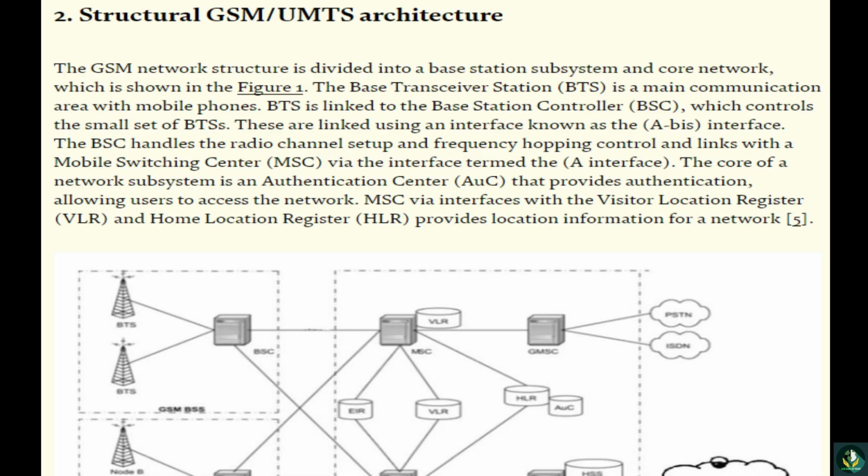A BTS covers a set of cells, and this is the structural GSM UMTS architecture. The GSM network structure is divided into a base station subsystem and core network, which is shown in the figure. And the base transceiver station, BTS, is a main communication